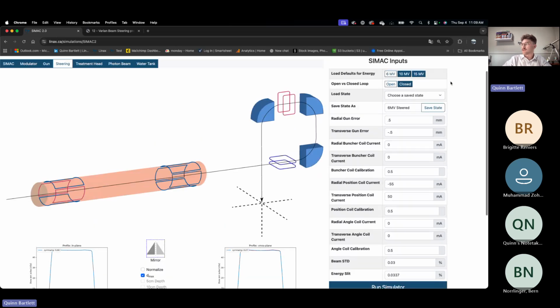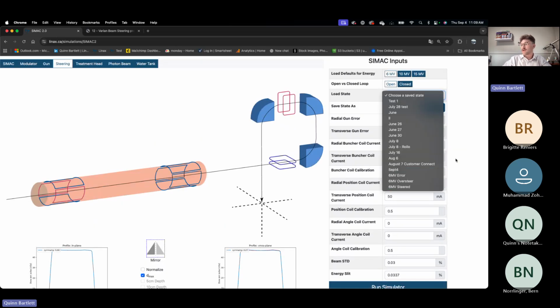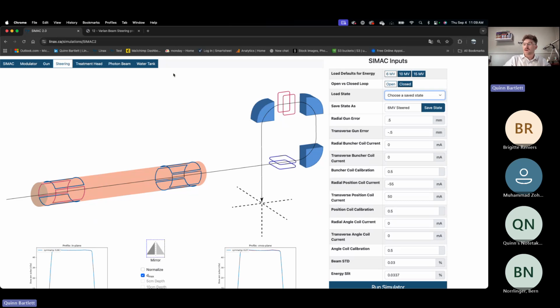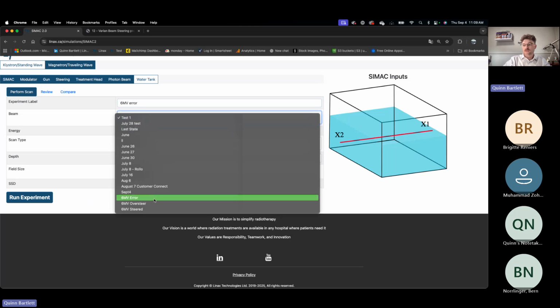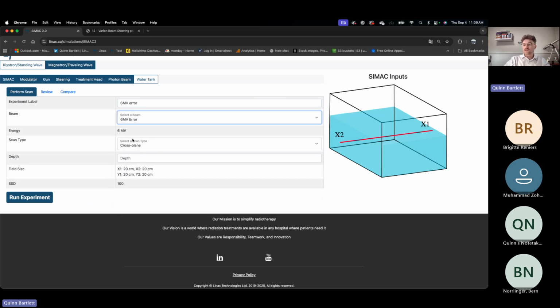So we can save state, and just confirm that it's there. Great. Now we have our 3 profiles that we wanted to see through our steering: our initial asymmetric one, our oversteered one, and then our flat one. And what we could do then is mimic that here. So we can do our 6MV error, and then select our 6MV error. We'll do them all in the